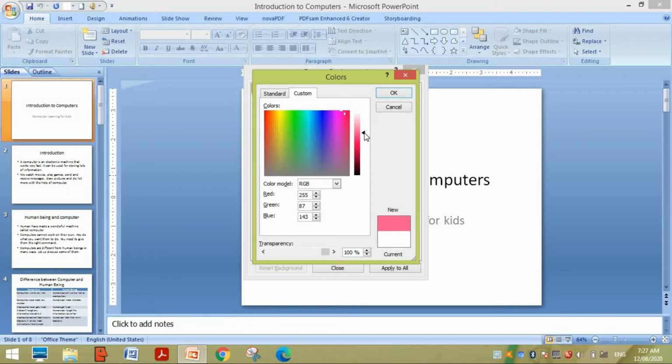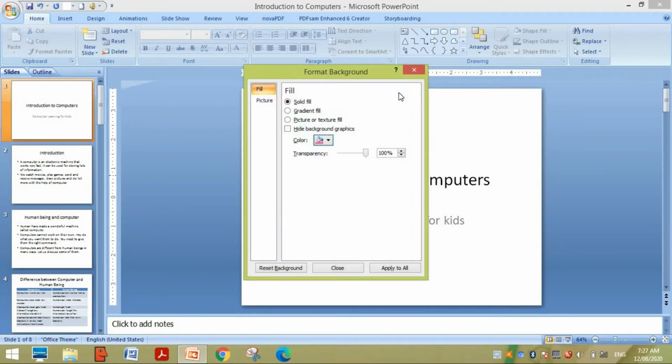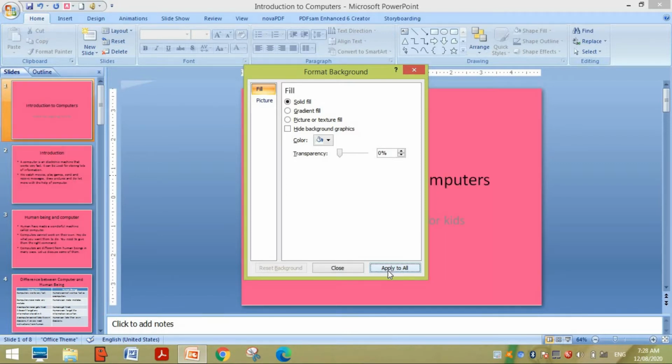At that time, you can apply the solid fill of a single color to all. You can see when we click on apply to all, this color is applied to all our slides.